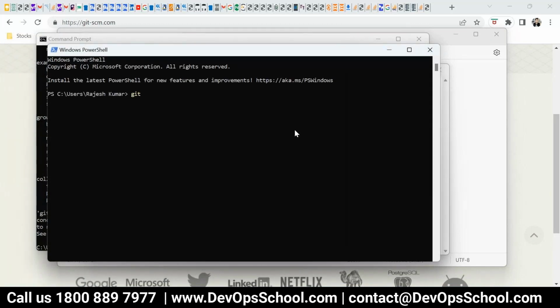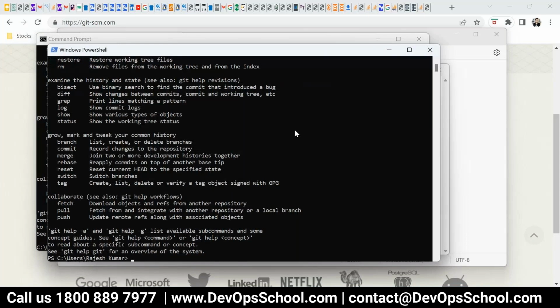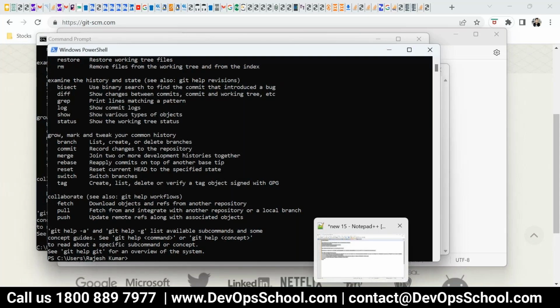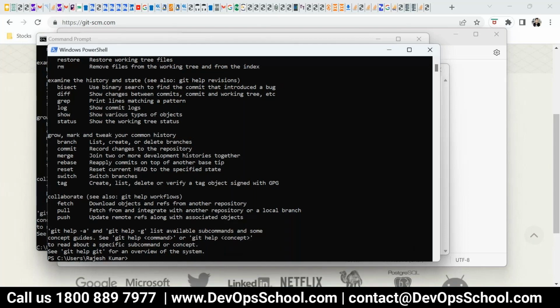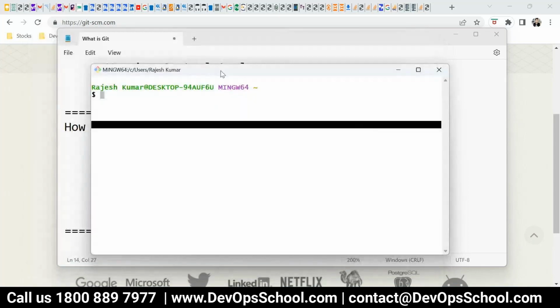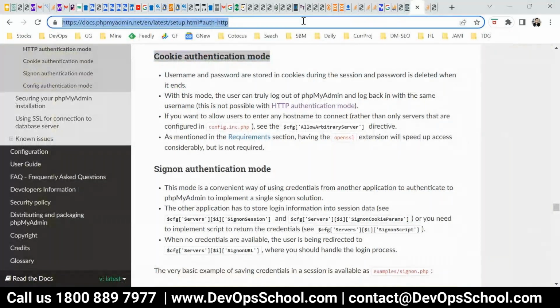See, but just because of Git Bash, this is giving you a prompt, which is a little interactive. So it's good to experience Git also in the UI version. Even though Git is command line, we have the UI version also. Yes, many UI versions are available in the market. One of the UI versions is Sourcetree.